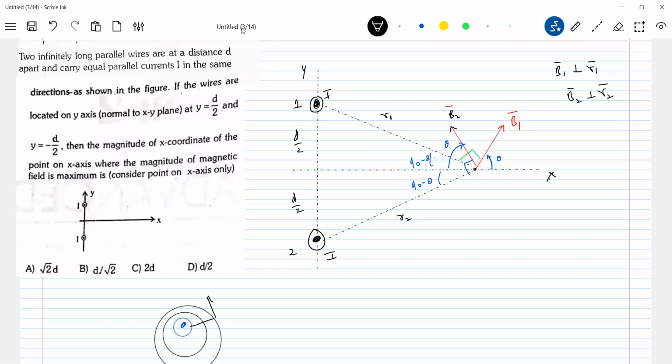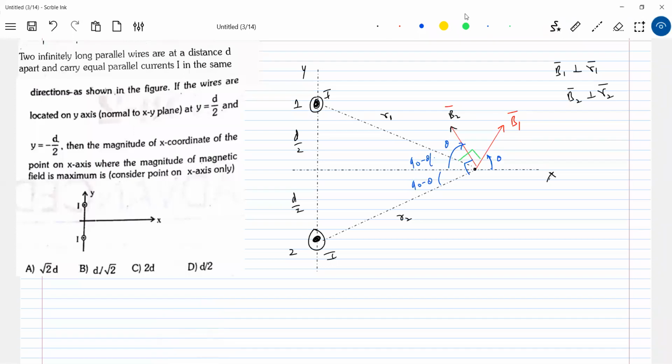These are long wires. B bar due to a long wire, the lines of force. Take help of that and predict the field. That is the only thing which will help you a lot. I am telling this. So don't think mathematically here. Better take help of a practical approach. B bar due to a long wire, concentric circles.